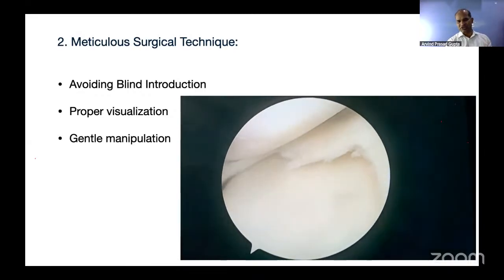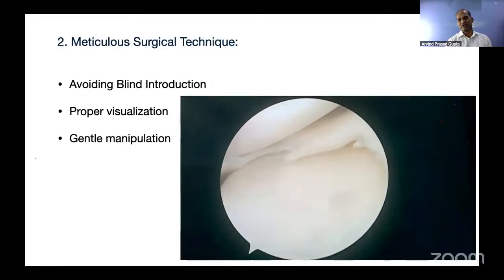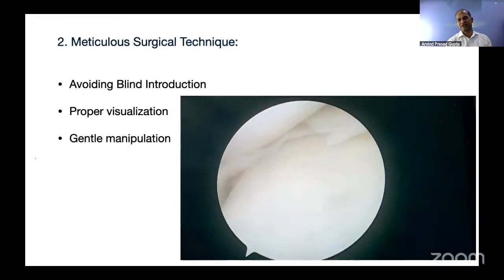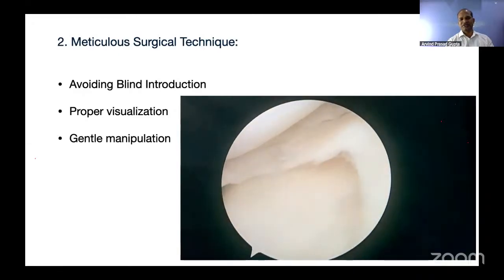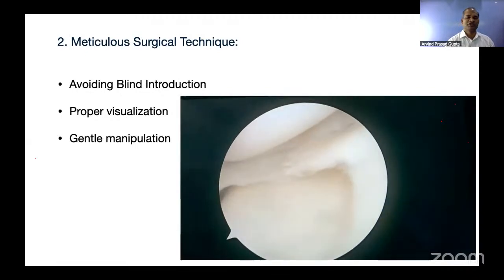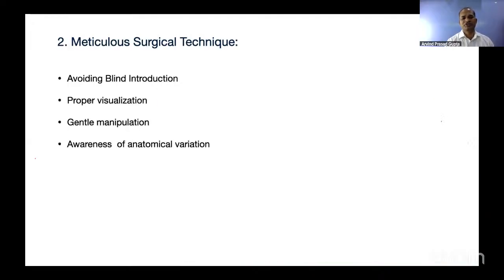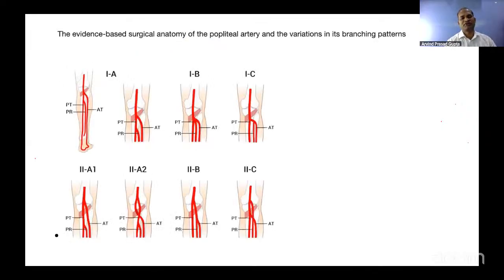And just putting the needle, you can see the meniscus gets moved with the needle. And this is the opening. You have to be very gentle at the time of opening. So gentle manipulation, either on the medial side or lateral side, is very important to prevent any iatrogenic type of injury. At the same time, you should be aware of the anatomical variation,